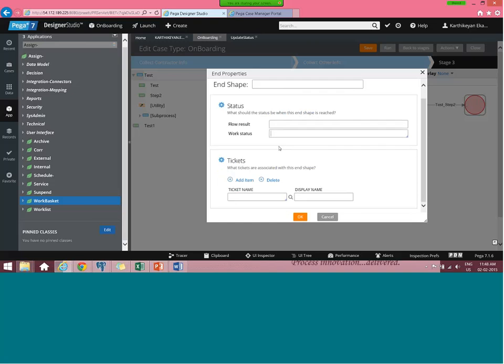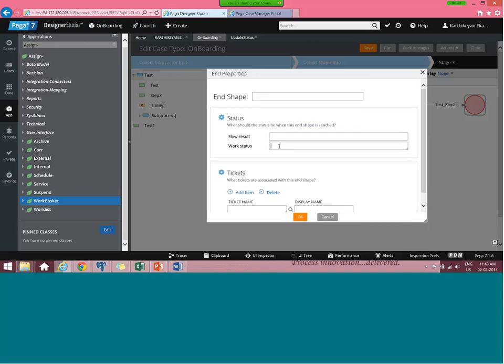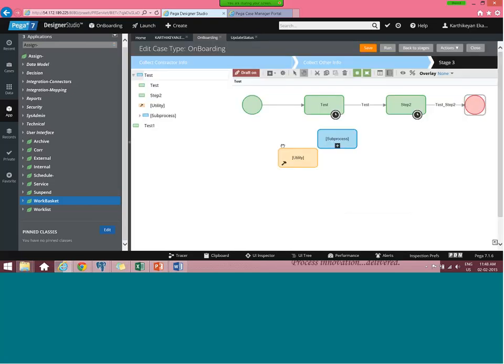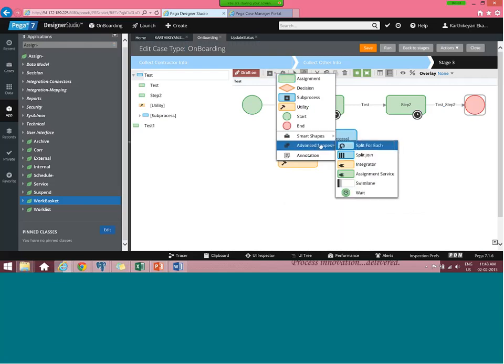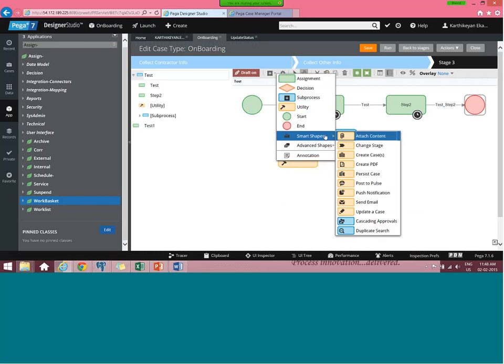You don't need to worry about a lot of things like update status, but in case you are updating anything in between, you can set the work status in this rule also. In the connector rule you also have the option of using update status, PY status work equal to some value. You can do that. And we'll see the advanced options, like smart shapes and advanced shapes. Advanced shapes are already covered; it's the same as your previous 6.2 or 5.4 version, but let me cover both smart shapes and advanced shapes.